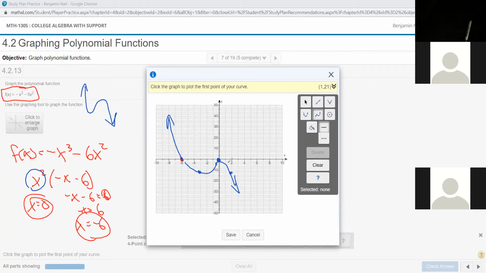So I'm going to need very specific coordinates. Again, I'm going to pick one of these x coordinates. Doesn't really matter which one, but let's say I want to use -1 just because -1 is going to be a smaller number to mess with. So if I plug in an x value of -1,